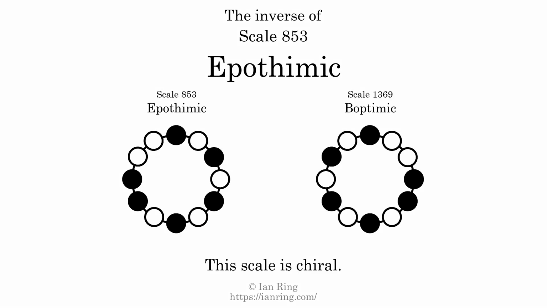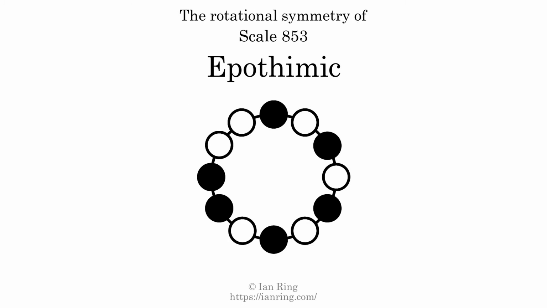The inverse of a scale is a mirror image. It is what you get when the sequence of intervals is reversed. The inverse of this scale is scale 1369, also known as Epothimic. This scale is chiral. It cannot transform into its inverse by rotational transformation. This scale has no rotational symmetry. For even more detail about this scale, visit